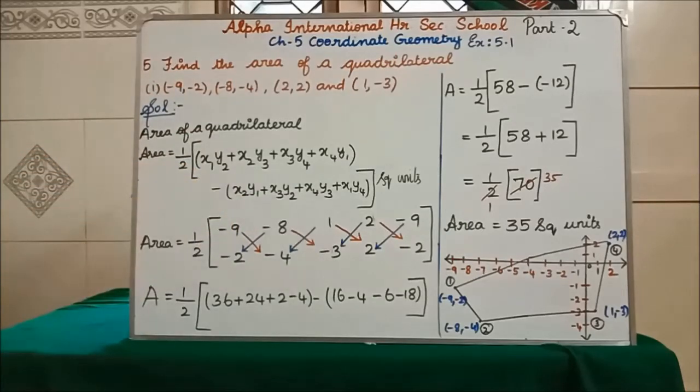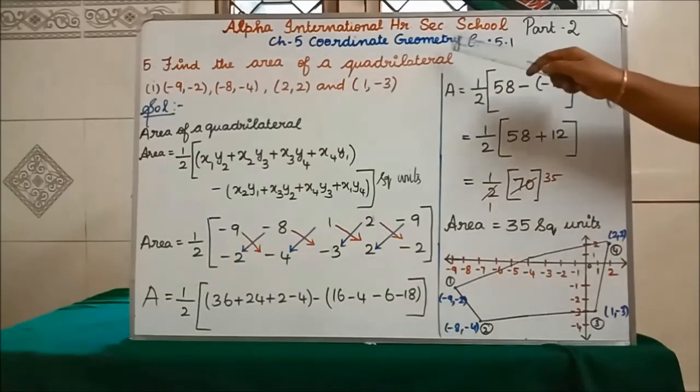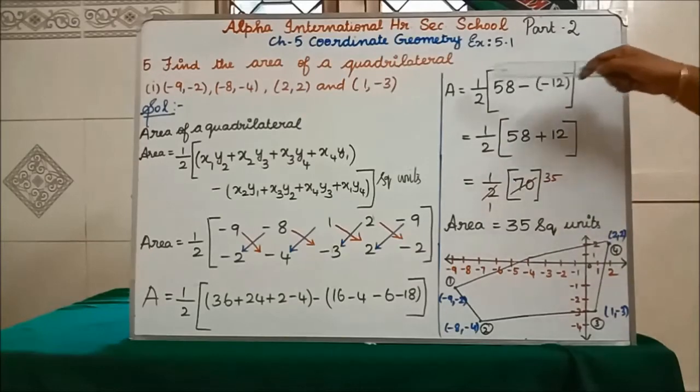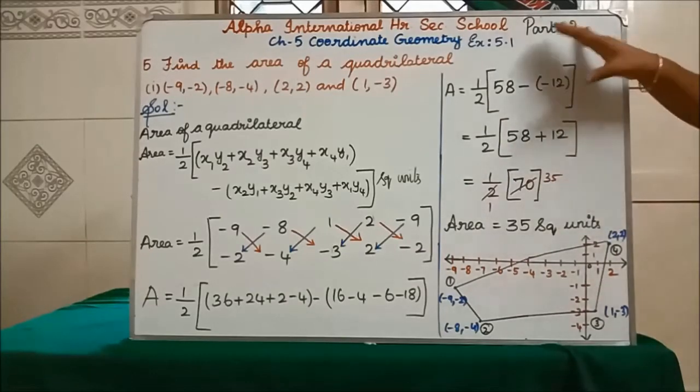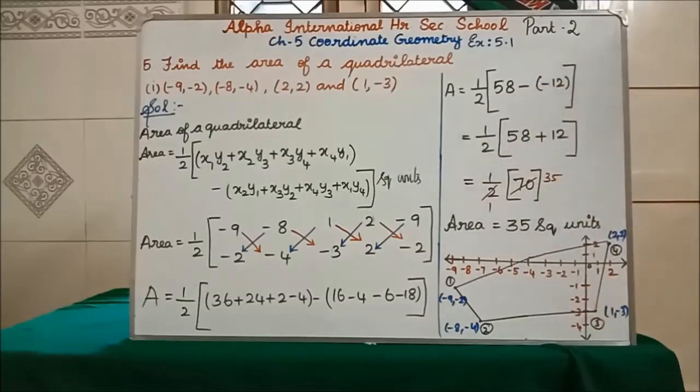Why I have written like that means, what I told before writing the column, what we have to draw is the graph. I have told, students, since I don't have space on this side, I have drawn it at the end. But in your classwork, you will have the space on the side. This side only you are going to draw. Okay, this you will write below. Here you will have space. In that space you are going to draw this diagram. Okay, draw it in a big size. I have drawn very small because of insufficient space.